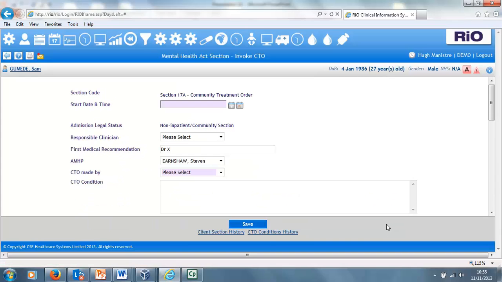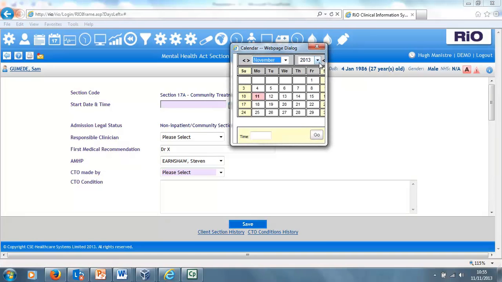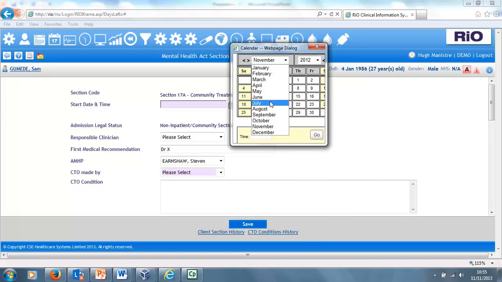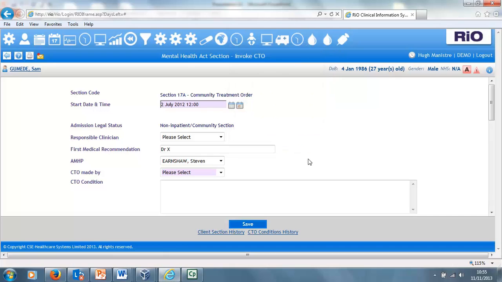When I click on that, I'll be prompted first of all to provide information to the mandatory field with the start date and time of that period of community treatment. So I'm going to start that from July of 2012, so just going to populate the appropriate dates onto the pick list here, and we'll choose the 2nd of July, commencing at midday. And on this screen, mandatory for me to provide